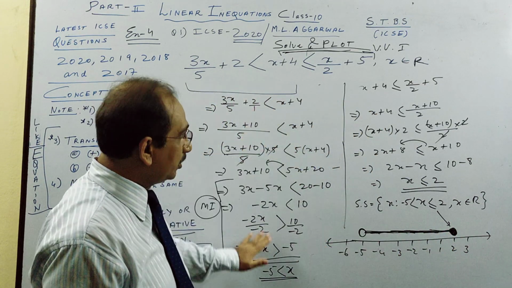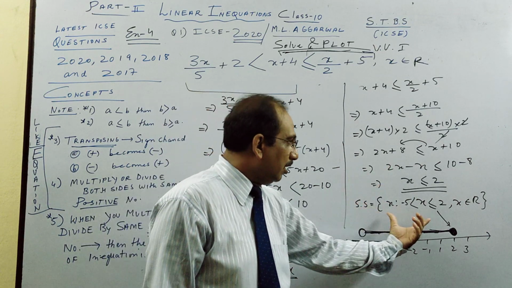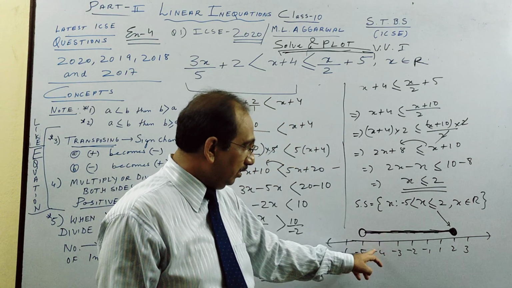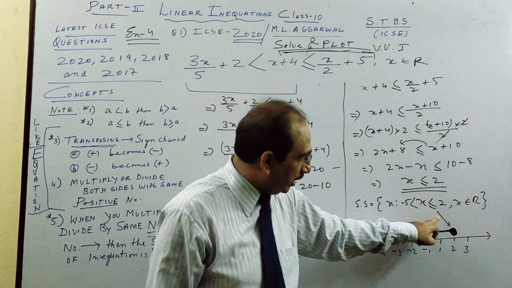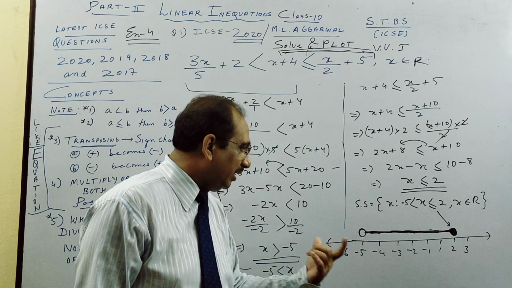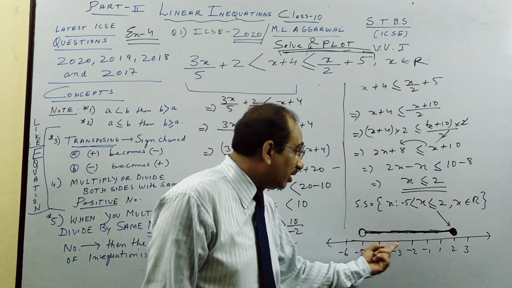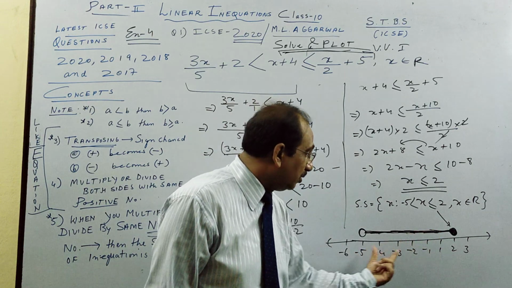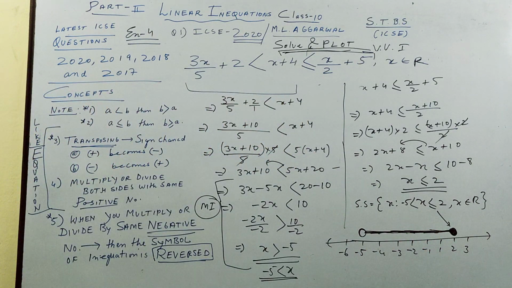Okay, so once more: we solve both sides, we put it common, 1 mark for this. Generally, 1 mark for writing the solution set and 1 mark for plotting. So greater than only, no equal to, hollow circle; equal to, dark circle; join them. Many teachers do it on the line, children. For the book it is okay, but when you do it in a copy or answer script, joining it a little up is better. So please pause the video and copy the full thing, then I'll go to the next one.